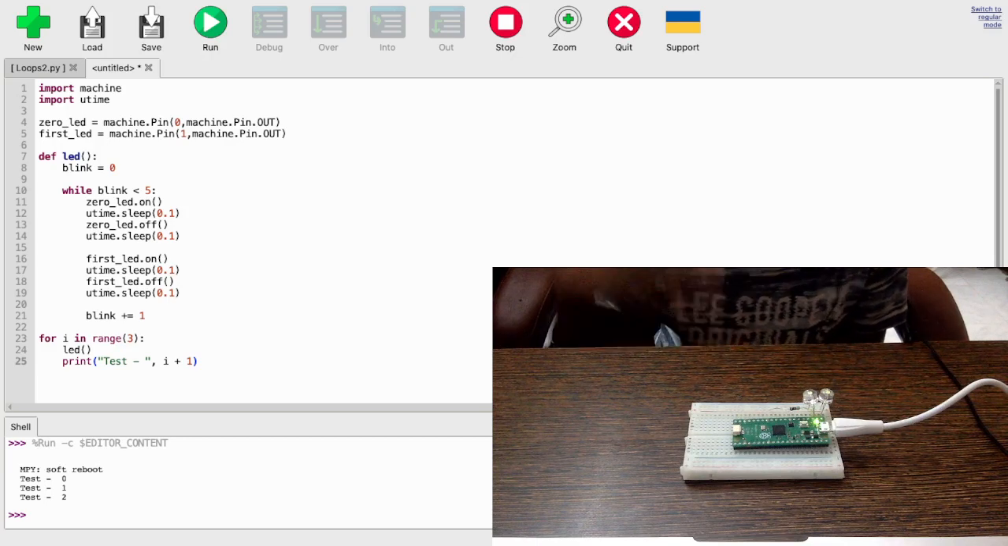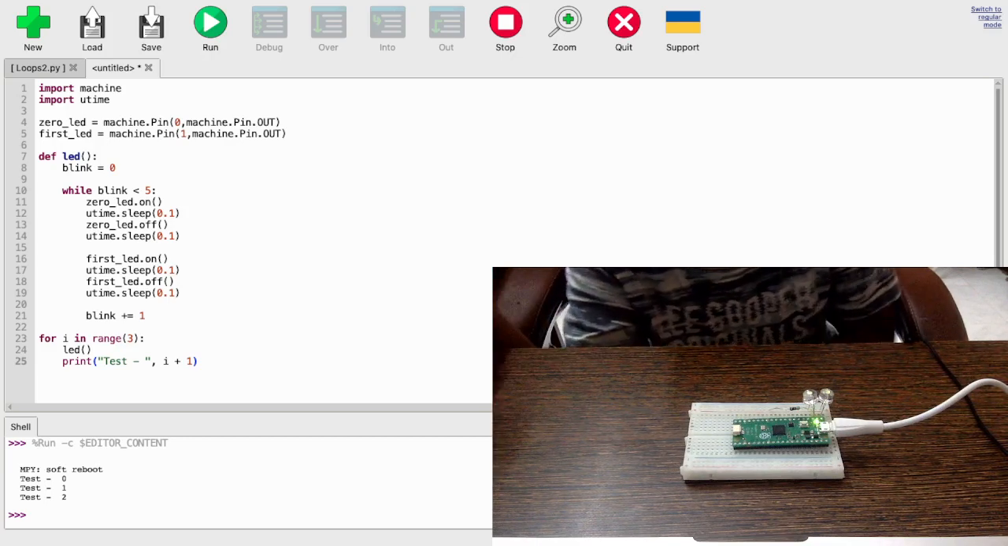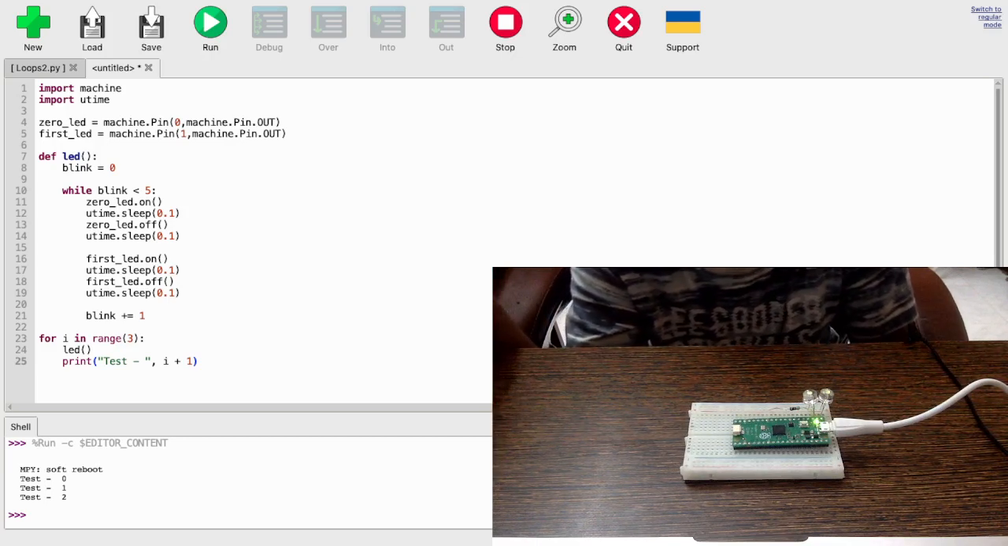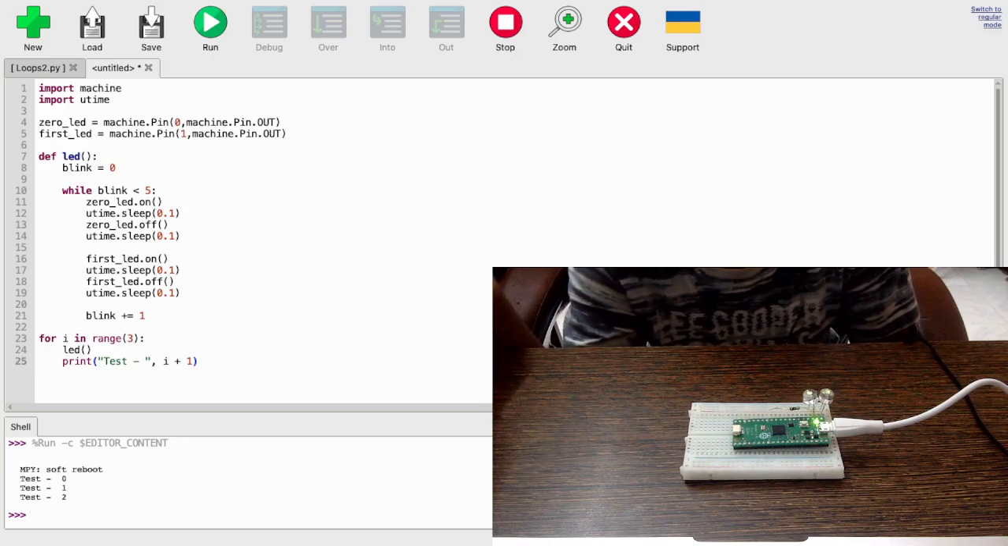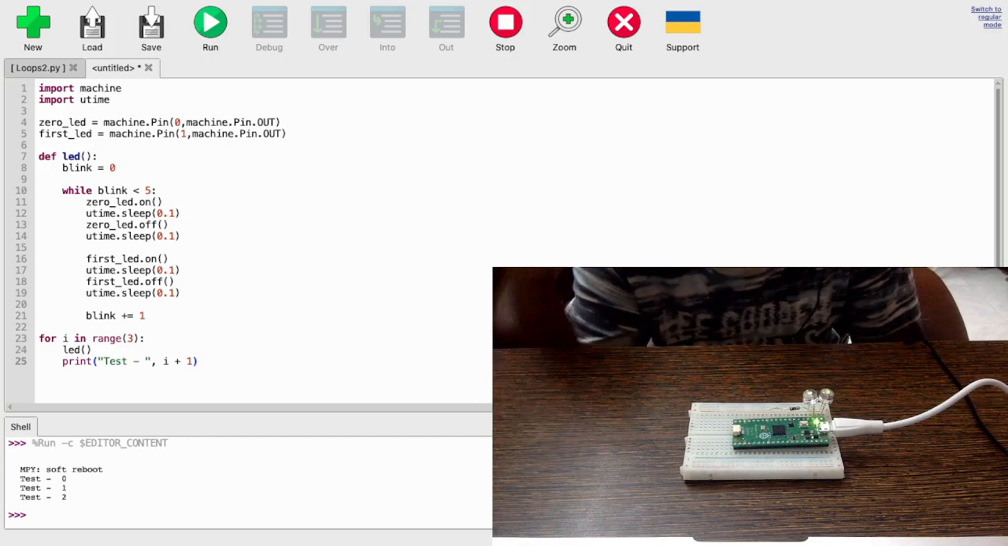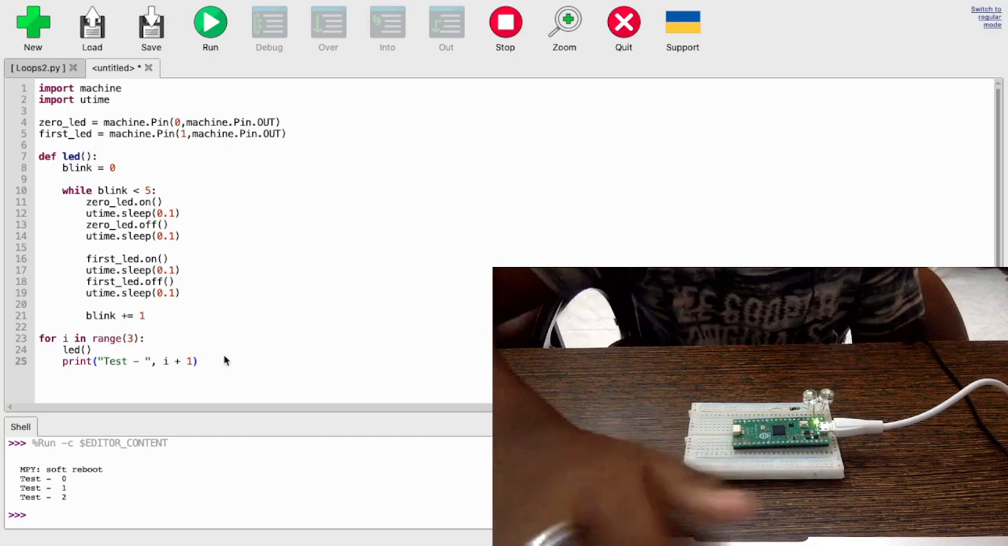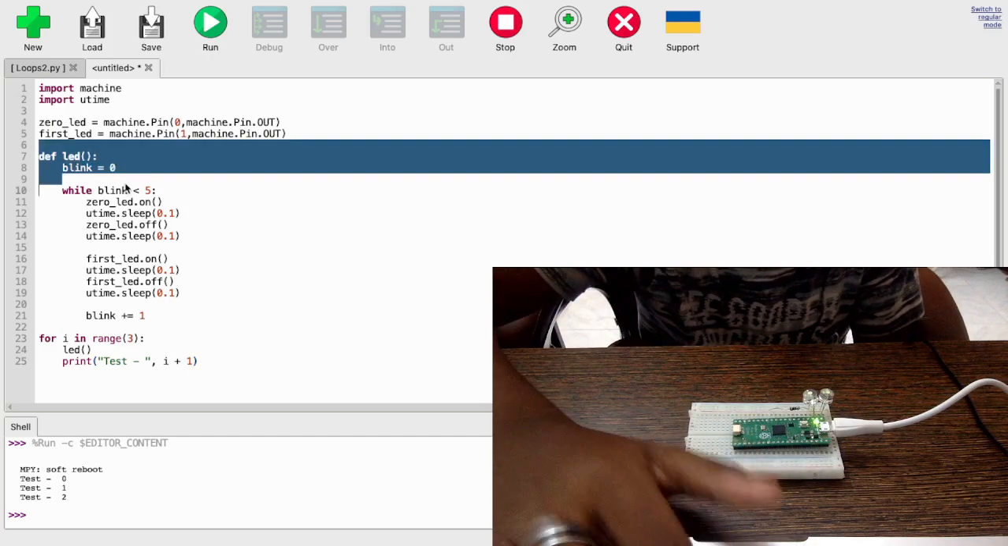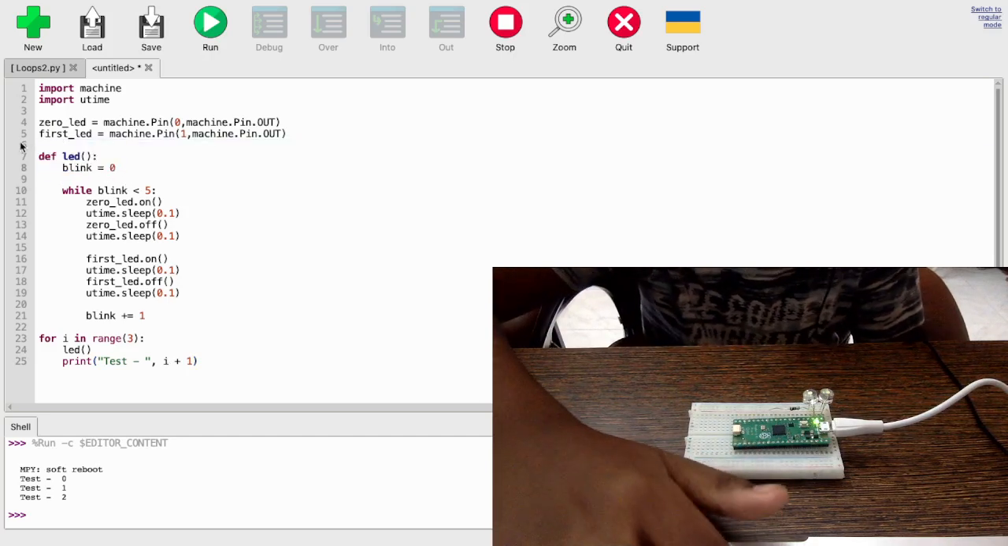Okay, so I've got a code here and this is a bit different. It might look like the while loop from the last video, but there are different changes as you can see. So now the first one is, what is this def at the start? So now def LED